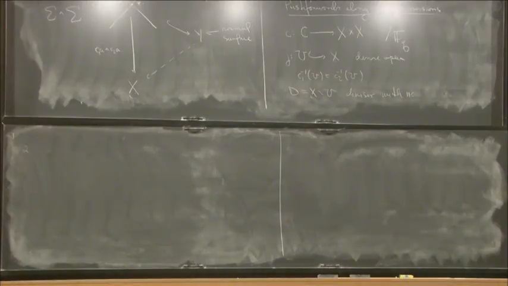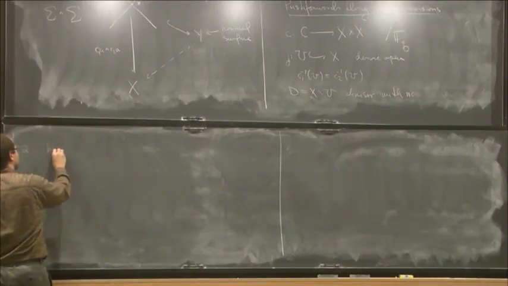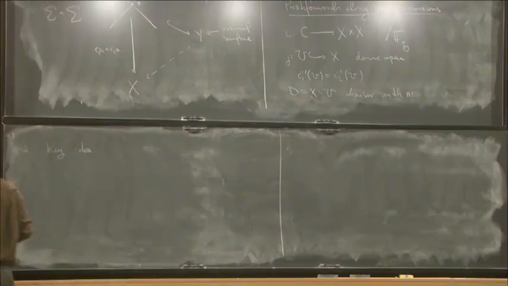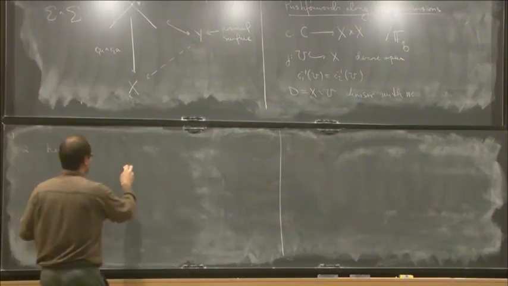Well, anyway, what is the one key idea? So if you're looking at this j lower star k, or maybe first reduce to the case k is irreducible,